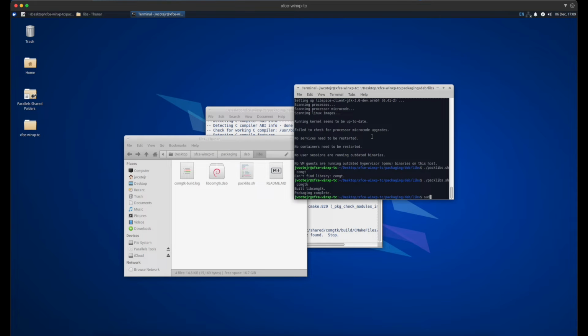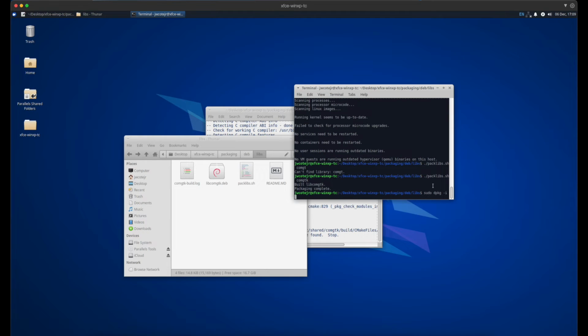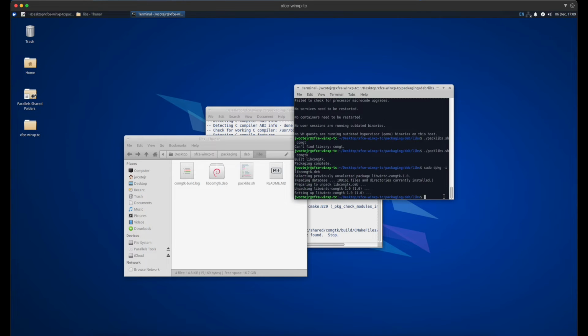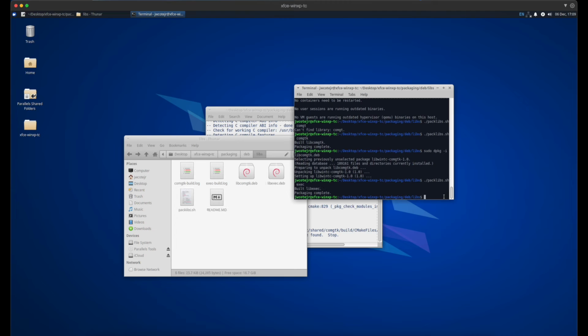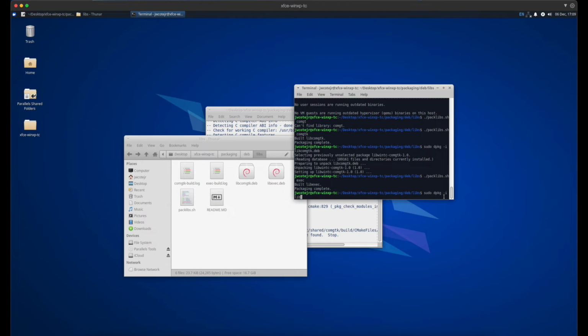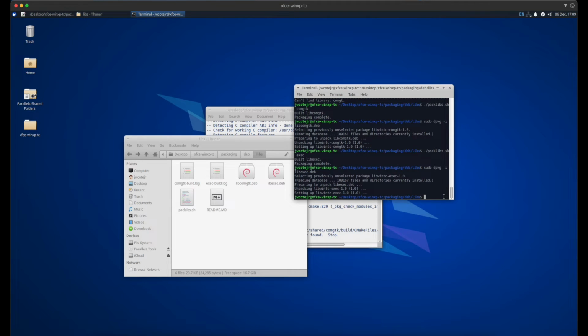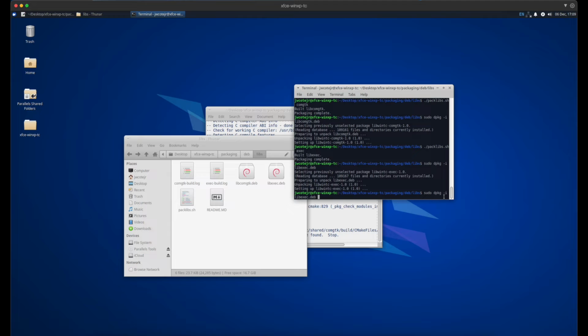So in this case, we're actually going to install this package because we're going to need this to build the other shared libraries. So to install, we do sudo dpkg -i, and then the package name, so libcomgtk. That will install that. Now we're going to try to pack the other libraries, such as exec. So it looks like we got that. So I'm actually just going to install these shared libraries all now, just so we don't have to worry about it for later. And then I'm also going to package